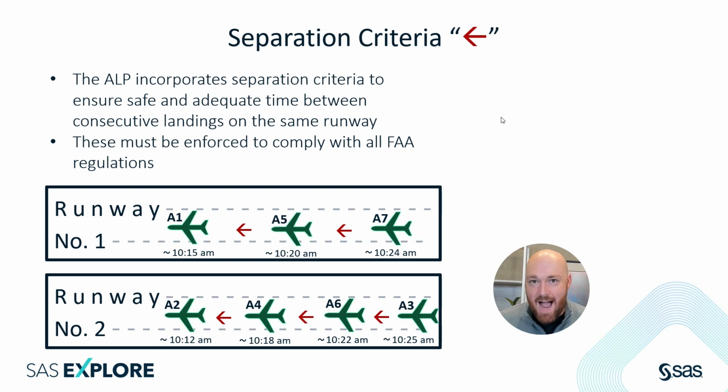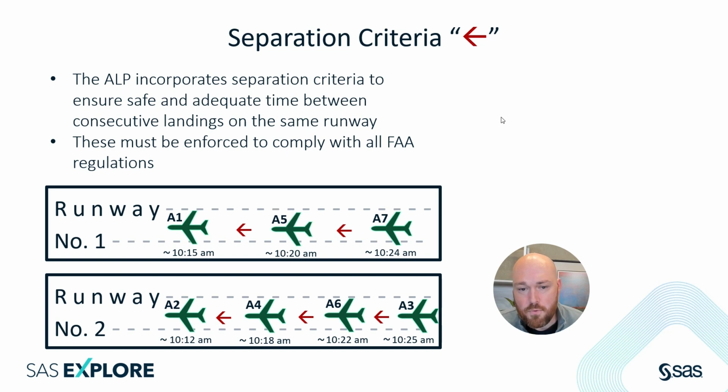One thing that we have to be cognizant of, and one thing the aircraft landing problem has to take into account, are separation criteria. So let's take an extreme example. Let's say we have two aircraft that both want to land at, let's say, 10:12 a.m. We could let one aircraft land at 10:12 and 10 seconds, followed directly by another landing at 10:12 and 25 seconds. But is that safe? Probably not, right? And so there's this inherent separation criteria that the model has to adhere to.